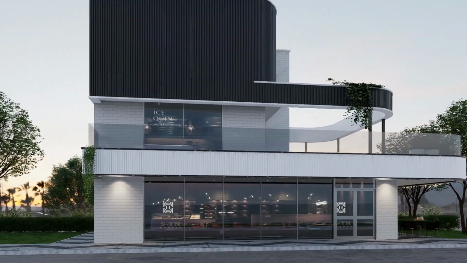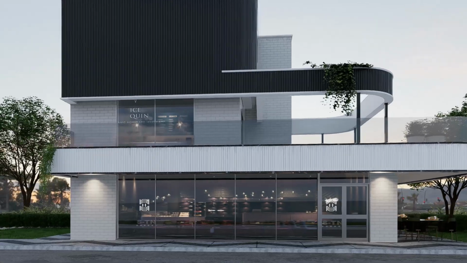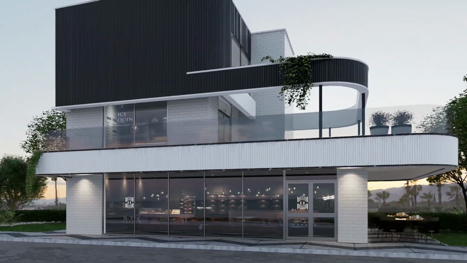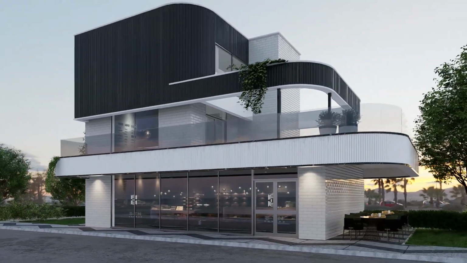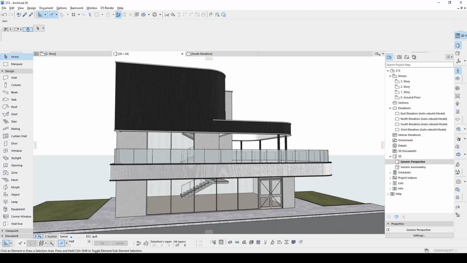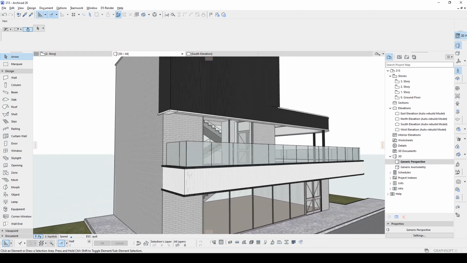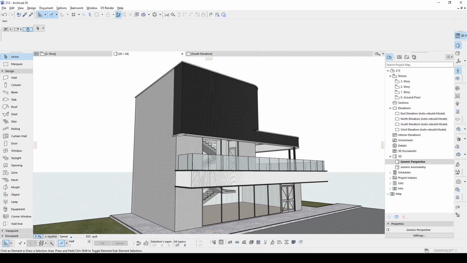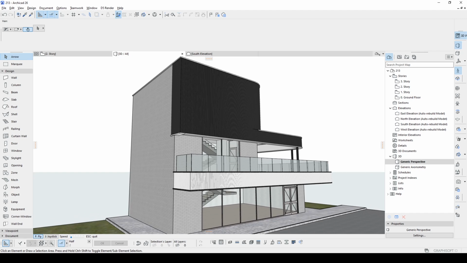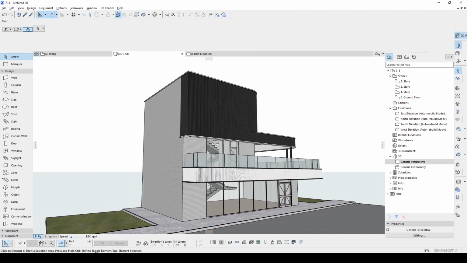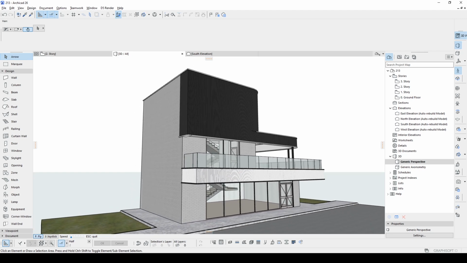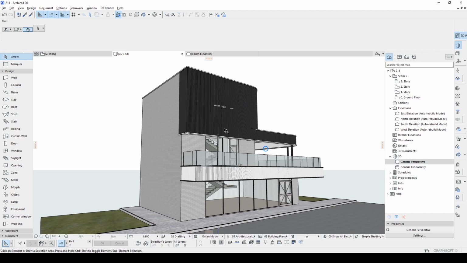Today I want to show you how to render the scene step by step in D5 renderer. As you remember, I have modeled this scene roughly in the previous tutorial. I have added some details and changed some materials, and I set up to publish to D5 renderer, and I also set up the materials to publish to D5 to make them compatible with each other.